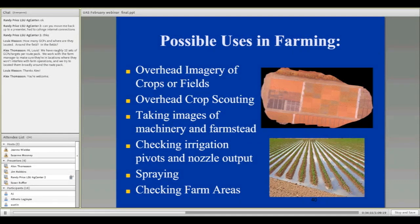So there's always checking farm areas. We've already had cattle people using these. They don't want to drive to the back of the field because it may be muddy, or they've got open gates, things like that. They're starting to use these where they'll fly to the back of the field and actually count their cows and then fly back. If they need to drive in, then they'll drive in. If not, they'll go to the